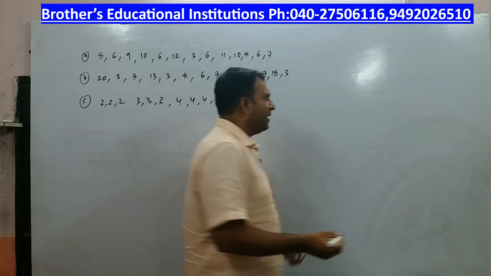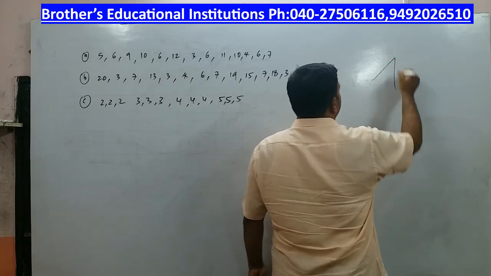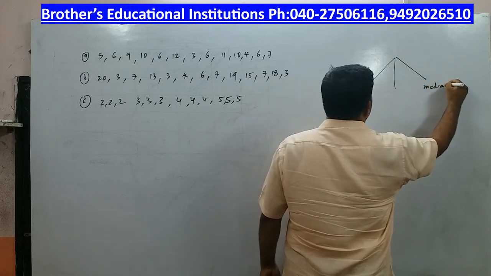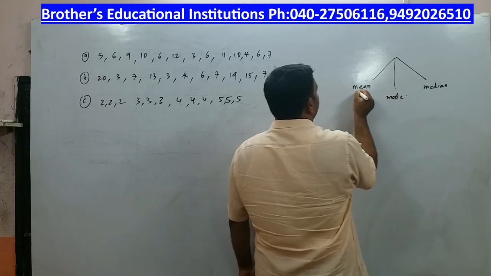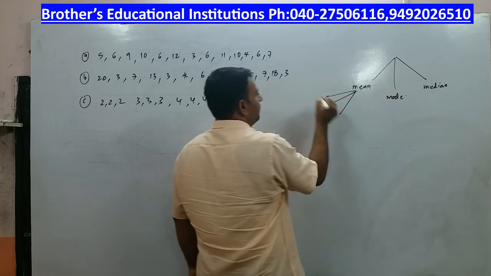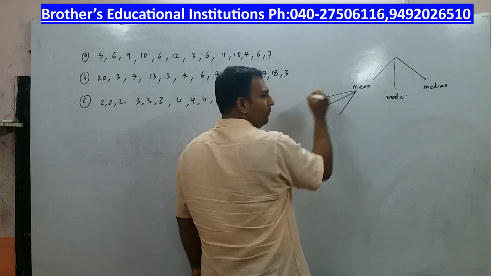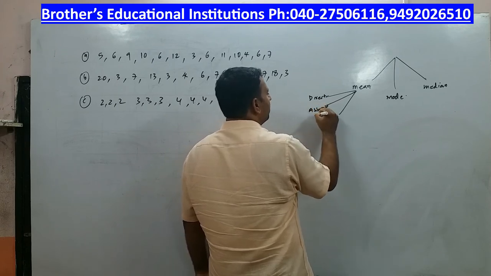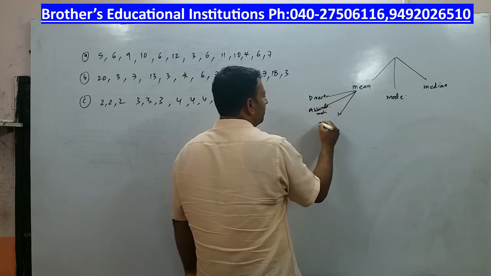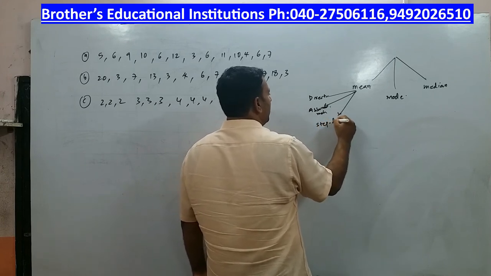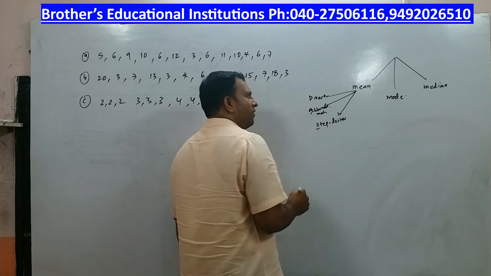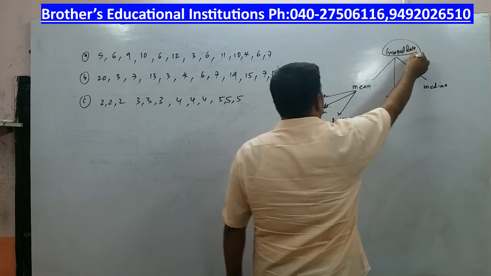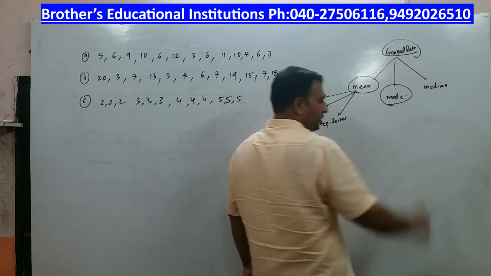Now as we have completed mean, let me tell you the measures of central tendency. You have mean, median and mode. For mean, we have three formulas: direct method, assumed mean method, and step deviation method. All these three you have completed in grouped data. All right. Now we are going to start the introduction to mode.